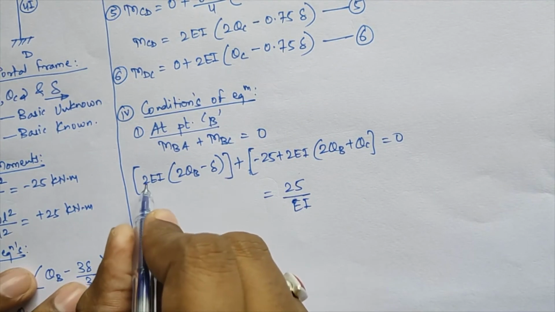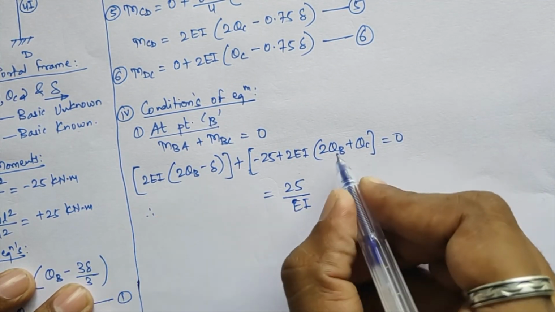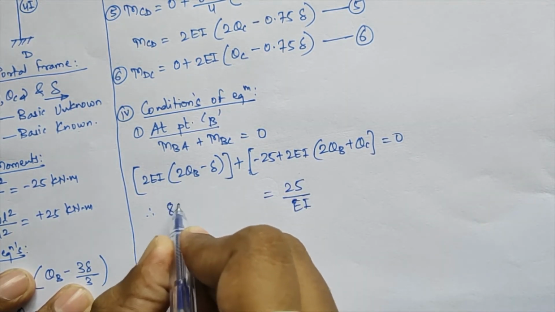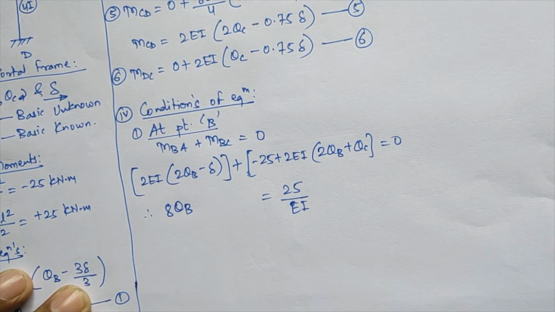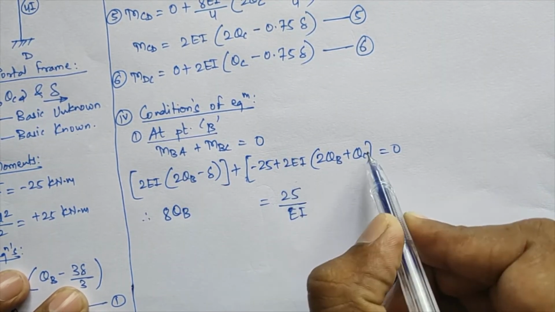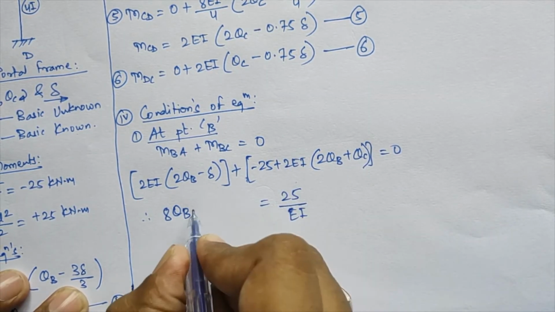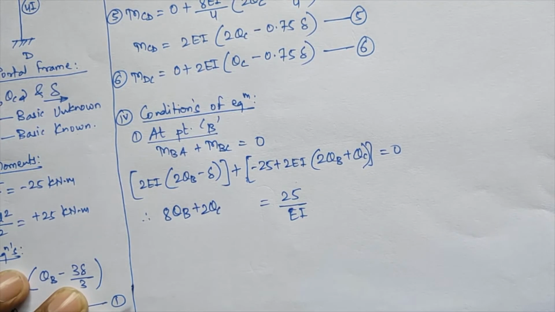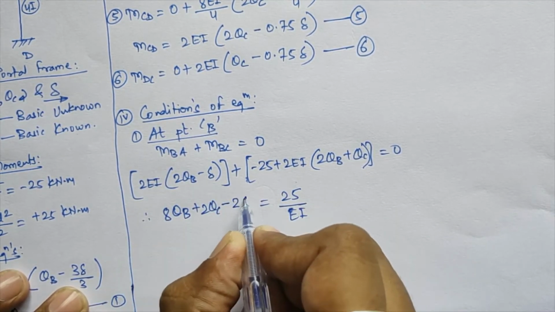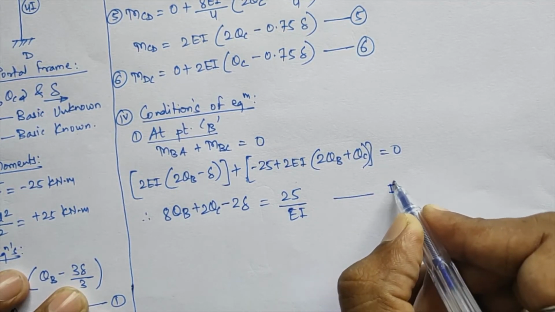Okay, so what will remain here? 2 times of 2 theta b, this will become 4 theta b, and here 2 into 2 again 4 theta b, so total theta b I'll get equal to 8 times of theta b. Here I am having 2 times of delta, here there is no delta over here, right? Only theta c, so 2 times of theta c. And delta is how much? That is minus 2 times of delta. So this will be my first equilibrium equation, so I'll write that as Roman 1 directly.